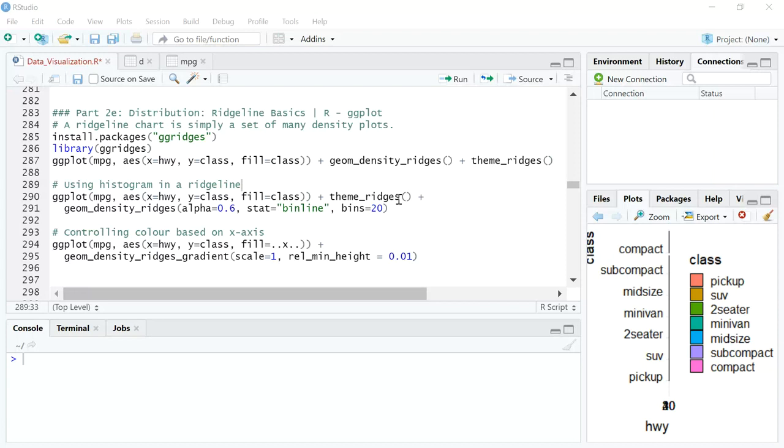So far we have looked at different types of plots. We've looked at violin plots, box plots, histograms, density plots, and we have also looked at the dplyr package, which is used for data transformation. In today's video, we're going to look at a completely new type of plot, which is called a ridge line. A ridge line can be a density plot or a histogram plot.